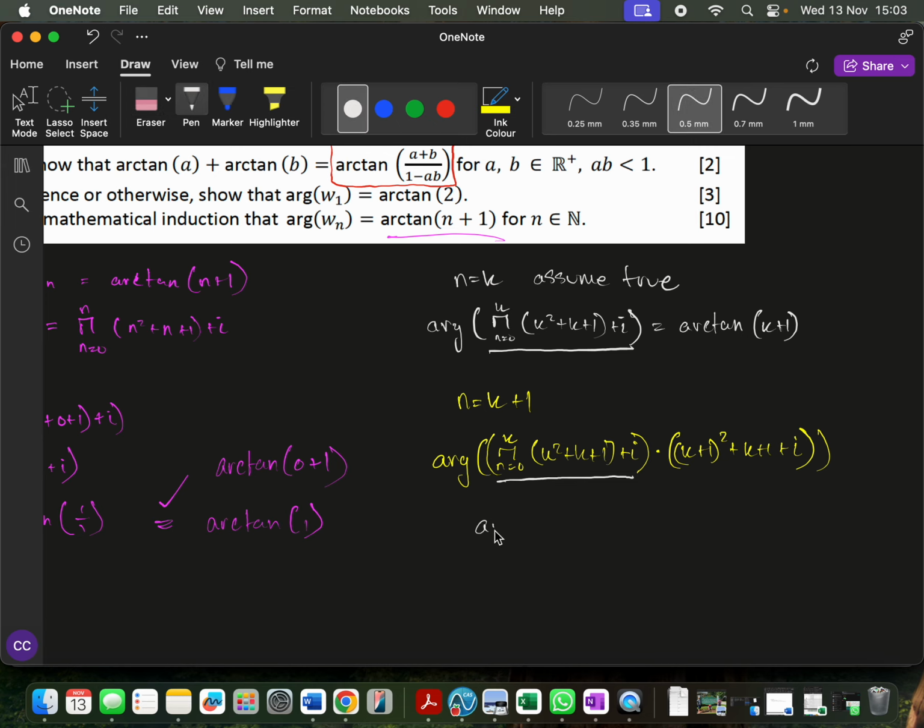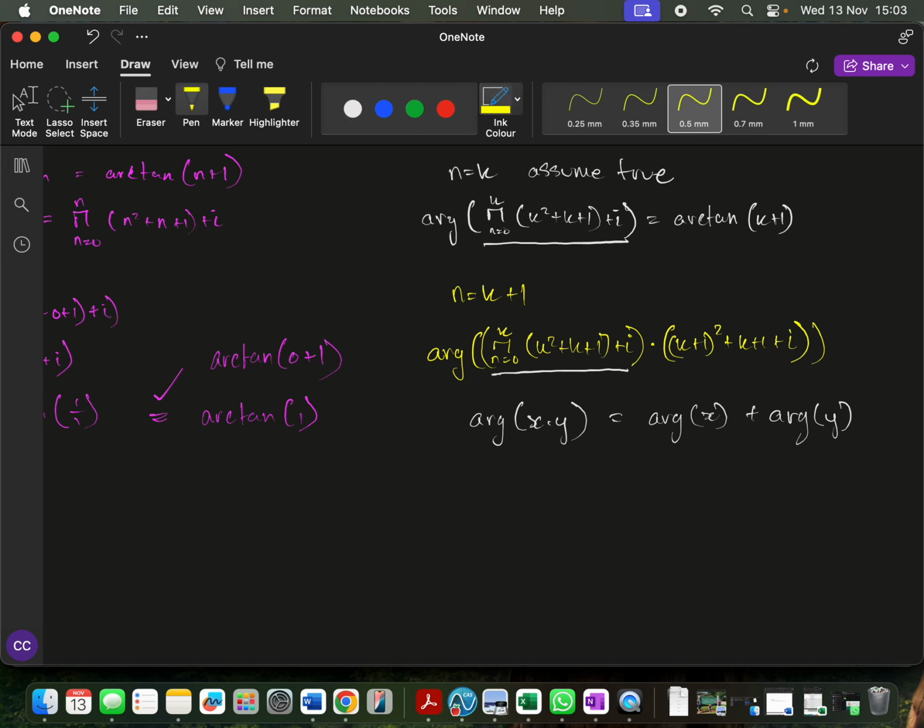And the principle I can use is when you take the argument of x times y, it is the same as the arg of x plus the arg of y. That's just one of those rules of the arguments of complex numbers. So, rewriting this now, well, this is that part. So I can just rewrite that as the arctan of k plus 1 plus, well, the arg of y is going to be the